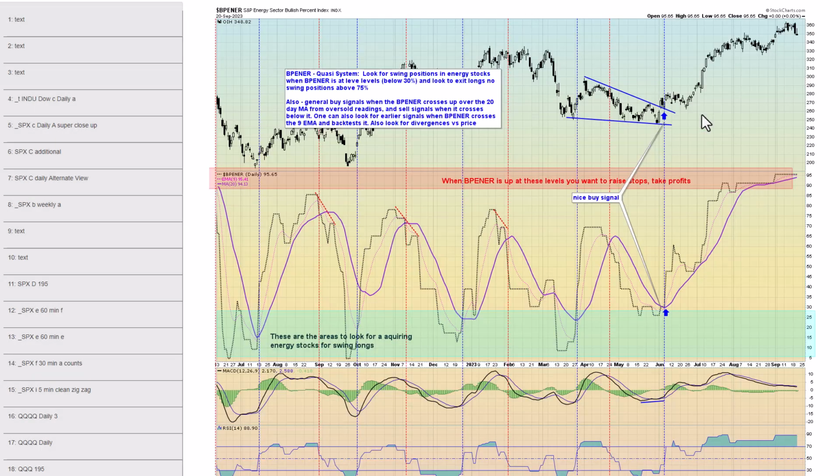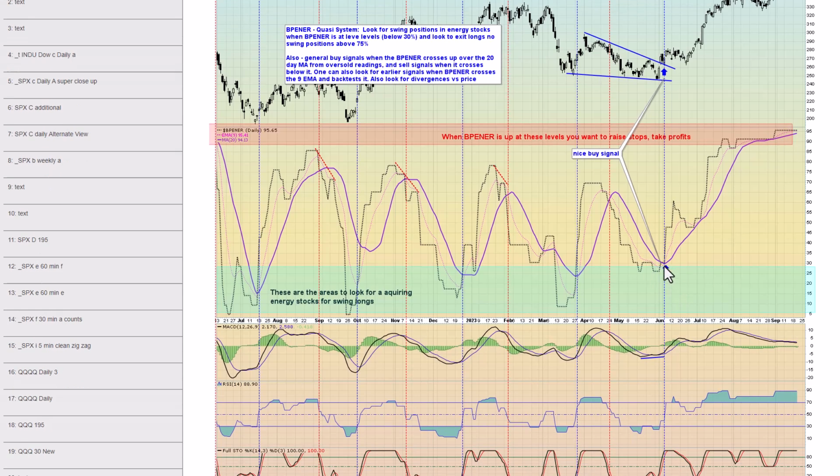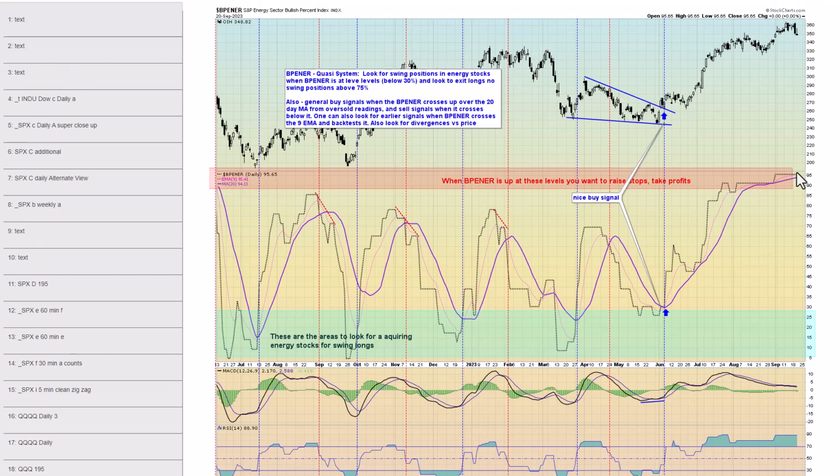Next, chart 47, here's the bullish percent energy index. Again, the reason why I've been looking for a pullback in the energy area is because of this sky-high BPI, up almost at 96%. It can only theoretically get to 100%. And so it's not a low-risk time to own energy stocks when it's up there. The low-risk time to be long energy stocks was back here in May, early June, when this indicator was oversold. Now, the official sell signal on this system will be when this closes below these moving averages.